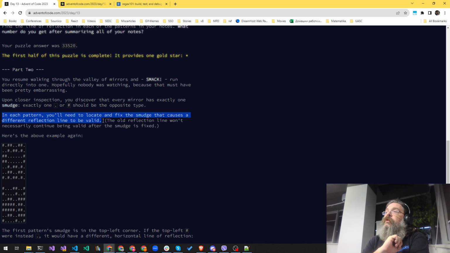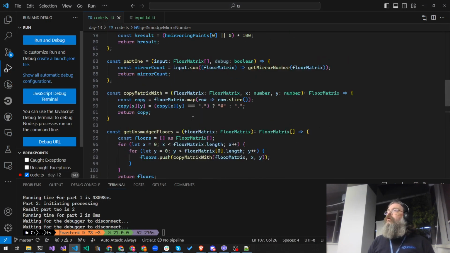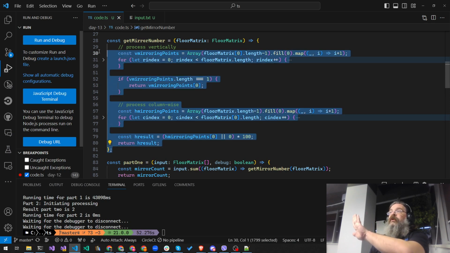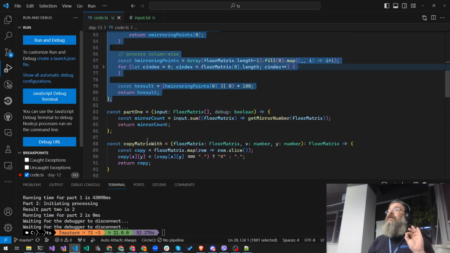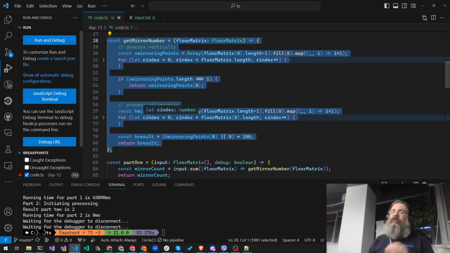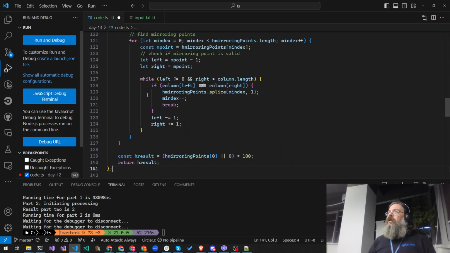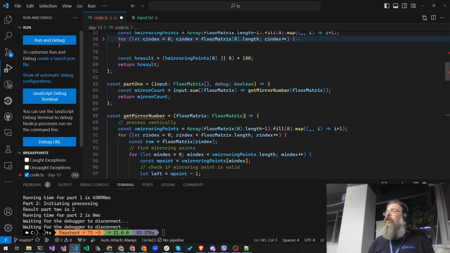So we need to do some more work. We need to find whether we have a different line as well. So the first thing works, the mirror number, but I will implement it again, because otherwise we will have a lot of small changes, because I want to do another small change so that this thing doesn't actually return a